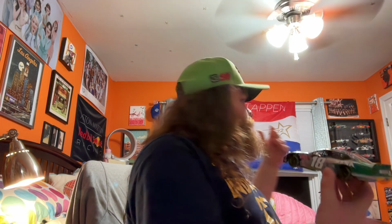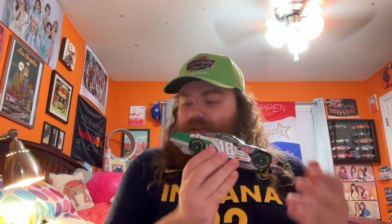It says JoeGibbsRacing.com. You know, this is early 2000s, when a lot of the promotion for brands and companies was really promoting their website. Which is very evident on that. And actually on the box, it says JoeGibbsRacing.com, which now most likely would just say Joe Gibbs Racing on the box of any of these cars. So that's kind of cool to see the little bit of the promotion of websites being more commonplace. Again, if you want to check out a really cool website, I recommend checking out epiccw.net, but